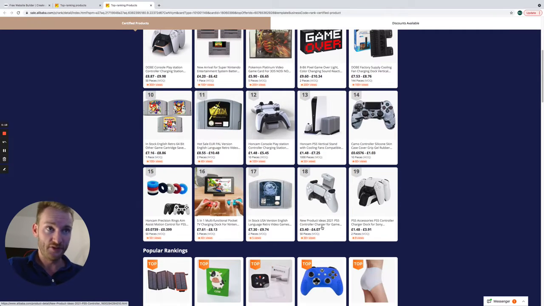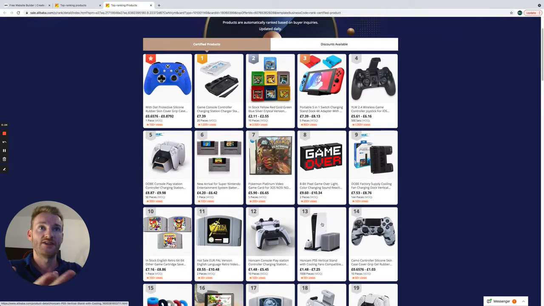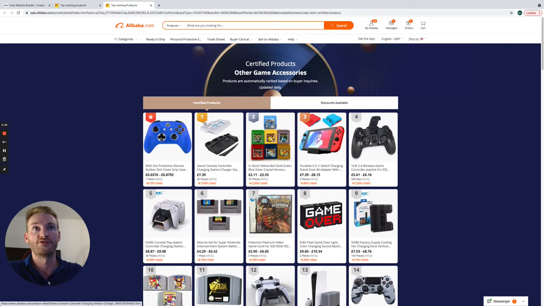So you don't have to. I'm going to be very simple on this. You can be quite specific. Let's say you could just stay with controllers, for instance. Here, you might want some skins. These are skins that go on Xbox controllers. You can probably get them for PlayStation as well, or you can look for docking stations for the consoles, charging